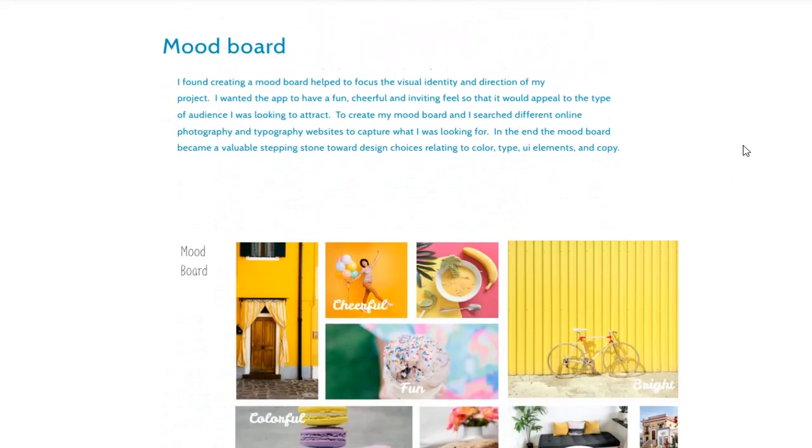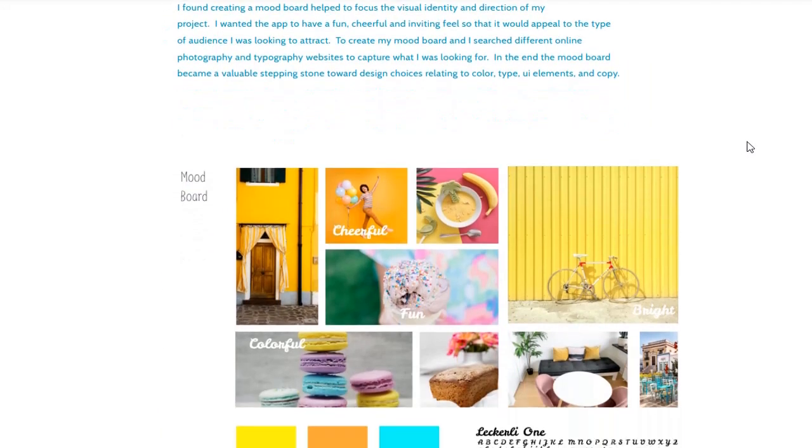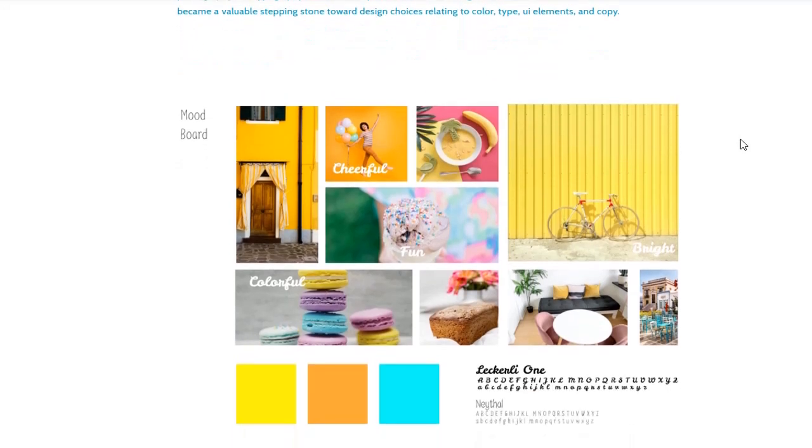From there, I began to create a mood board, and this really helped focus the visual identity and direction of my project. It really allowed me to get an idea of what I want my app to look like, how I want it to feel, and I decided to go with a cheerful, fun, kind of colorful application, really inviting, that's going to really appeal to a lot of people. And so through this mood board, I was able to get a really good idea and insight into what kind of color, what kind of typography, UI element, as well as copy style that I wanted to use in my